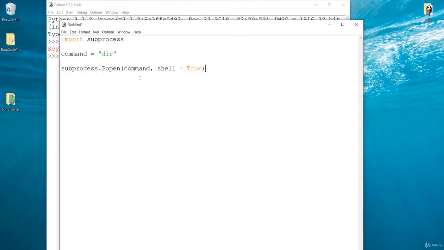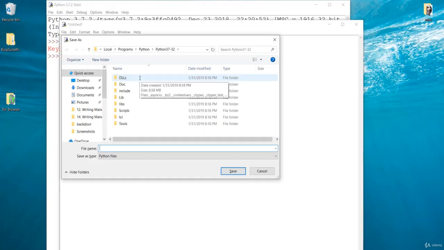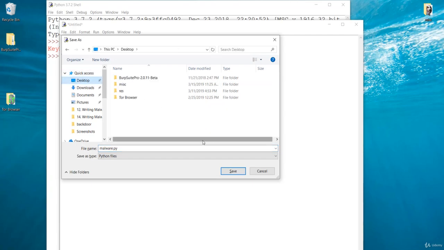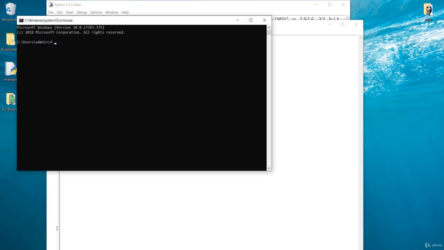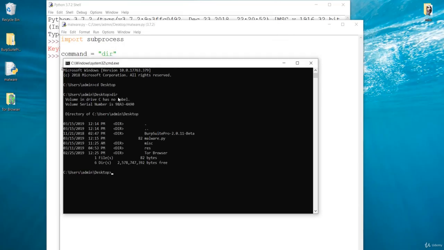So now let me save this. We have written our command, the simple malware, over here. I'll say this is the malware, give it the Python extension, go to the desktop, and save it here. If you are using Mac OS X or Linux, then you can simply change this command to your platform specific one. In order to execute this malware, all you need to do is run your cmd again and navigate to the folder where this malware is stored, which in my case is the desktop. If I list out the directory, you will see that it is over here with the name malware.